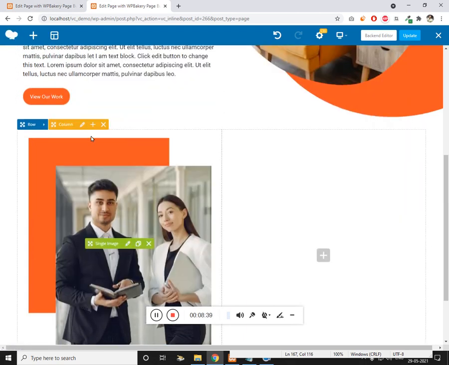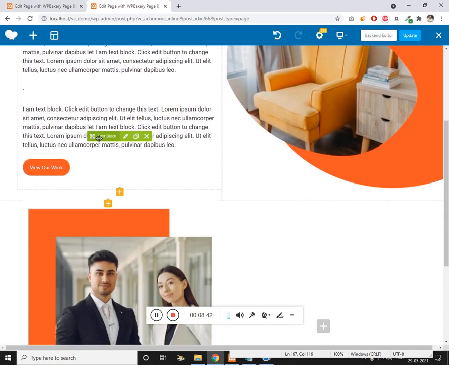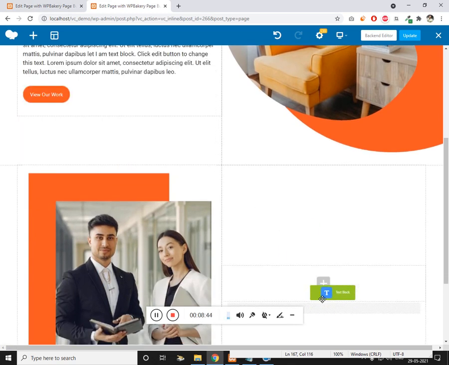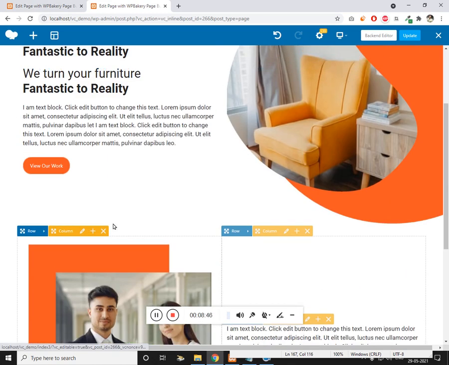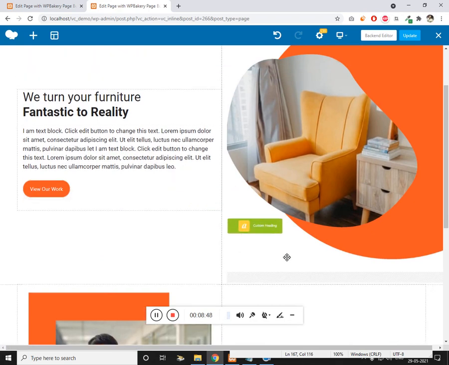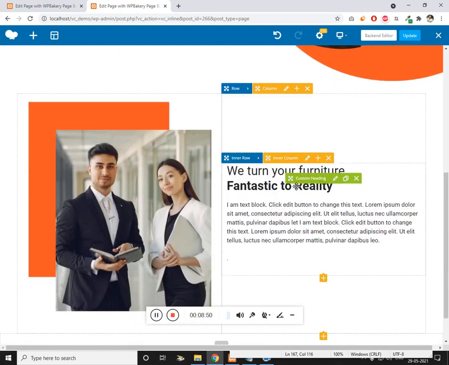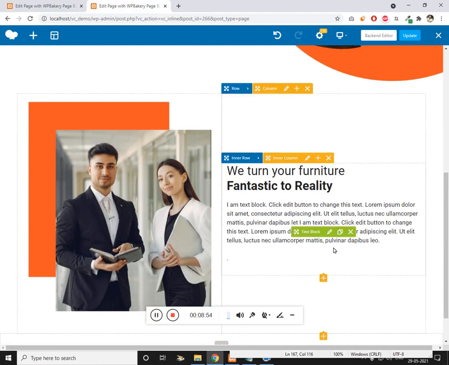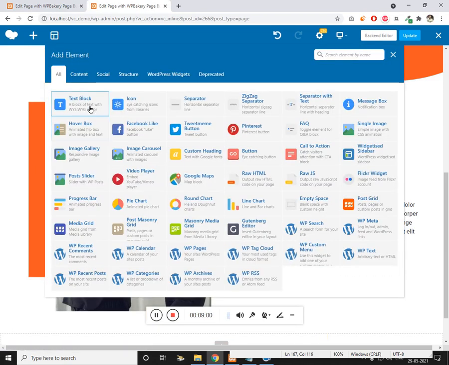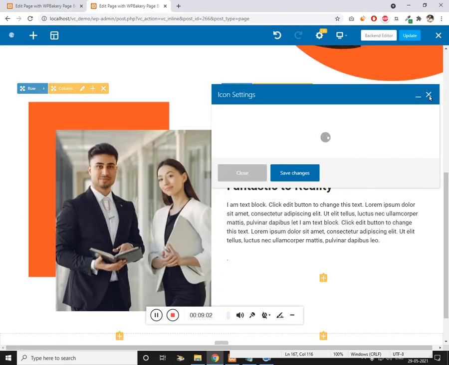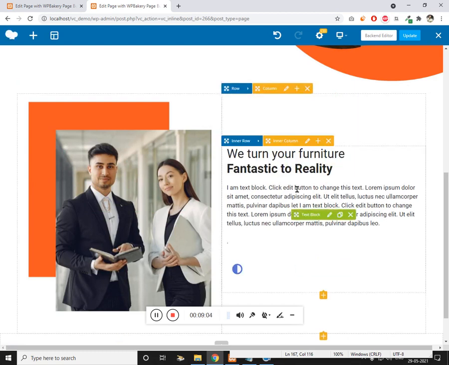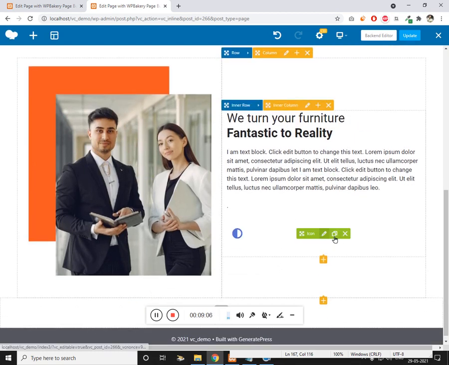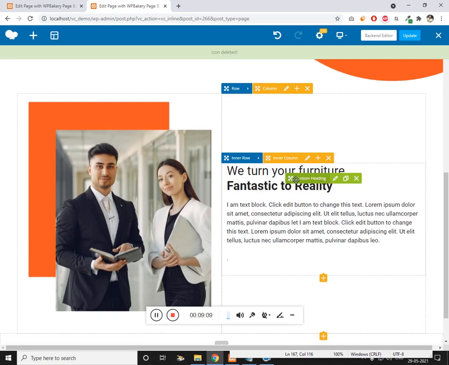So just place this content inside the inner row, and the heading as well, and we don't need button. And once this inner row completes, let's create one more inner row. I think it is not possible to have two inner rows, so let's place this outside.